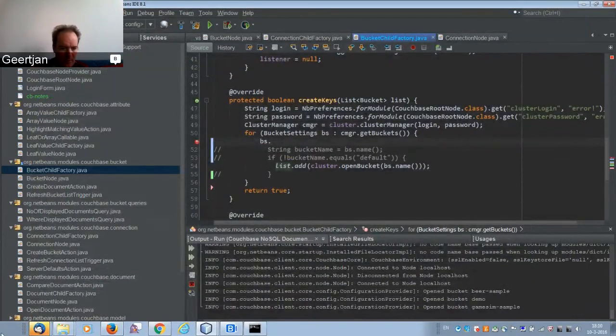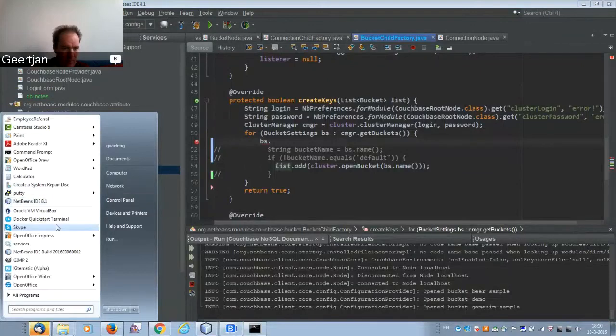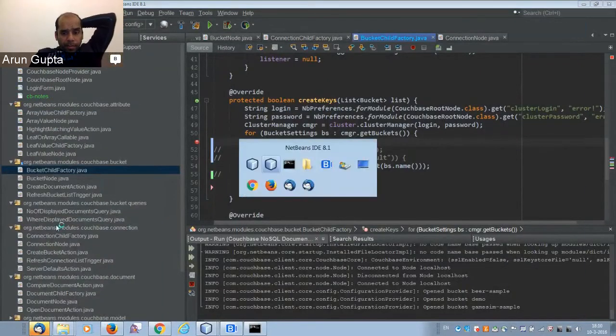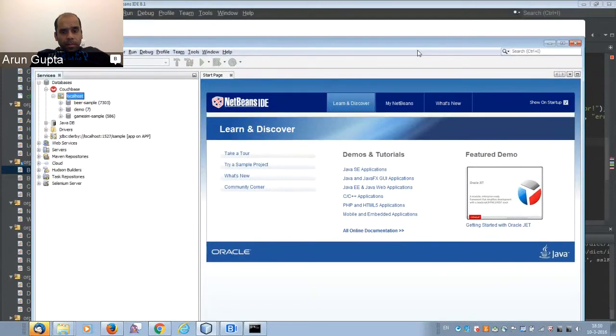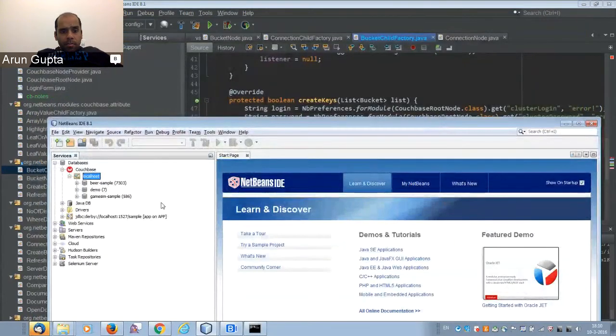Okay, so bucket settings. Looking at bucket settings, the Java doc is not... if replicas are indexed, no, that's not what I want. Bucket type.